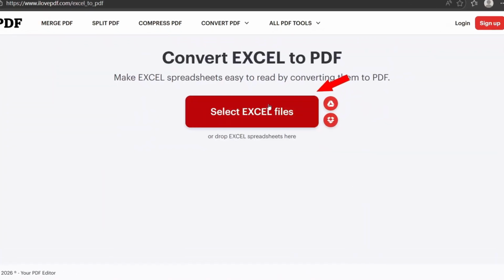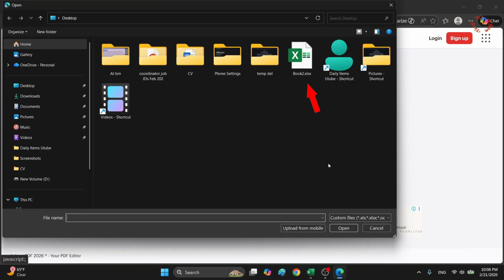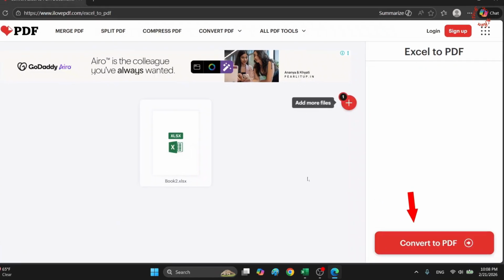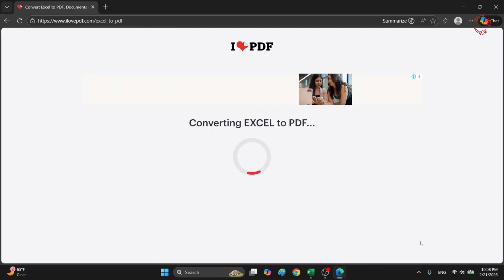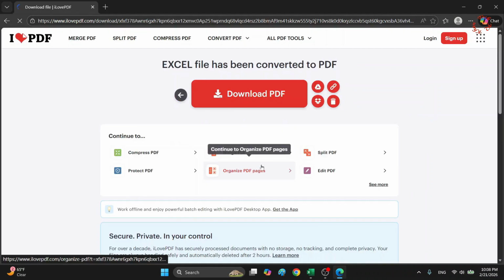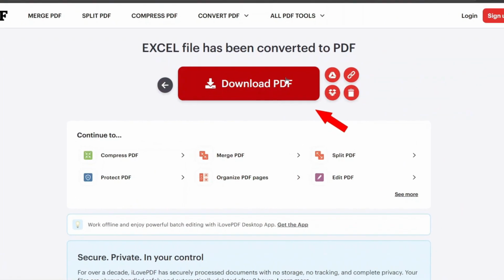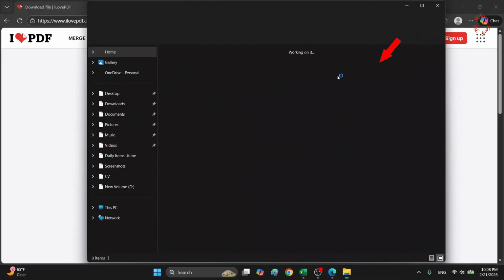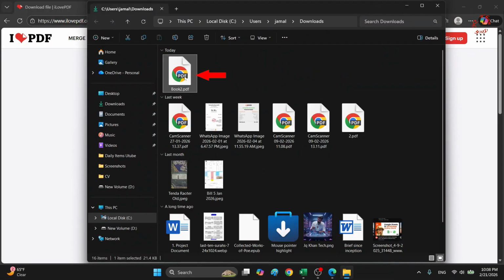Now select Excel file, click on it, click the file and click open. Now convert to PDF. Press this button and it's under process. Now click download PDF and let me go directly to download files, and the file has been converted into PDF